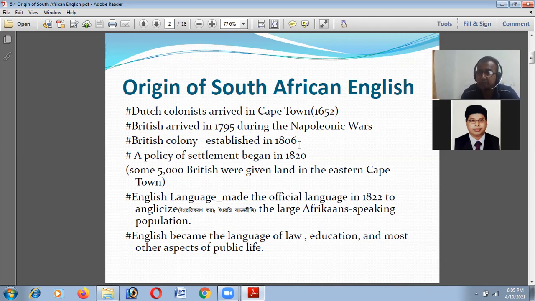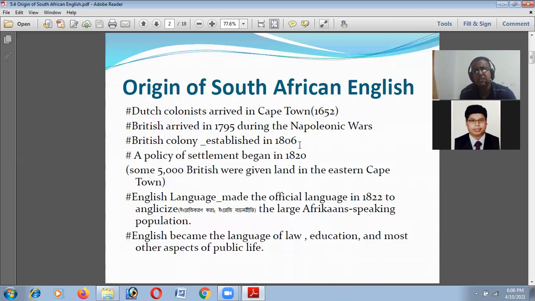The British people and the French fought a little bit, and for this reason they came into confrontation with the British. But the British thought it was very convenient to establish colonies in overseas regions, and South Africa is an example. In South Africa, the Dutch people went there first, nearly 120 years earlier than the British. But the British established their colony in 1806.